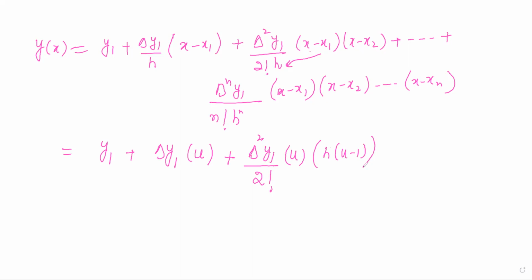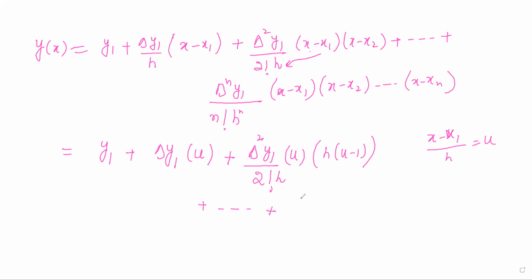So this entire term is cancelling out, and we obtain h times u delta square y1, plus so on, plus many terms, plus